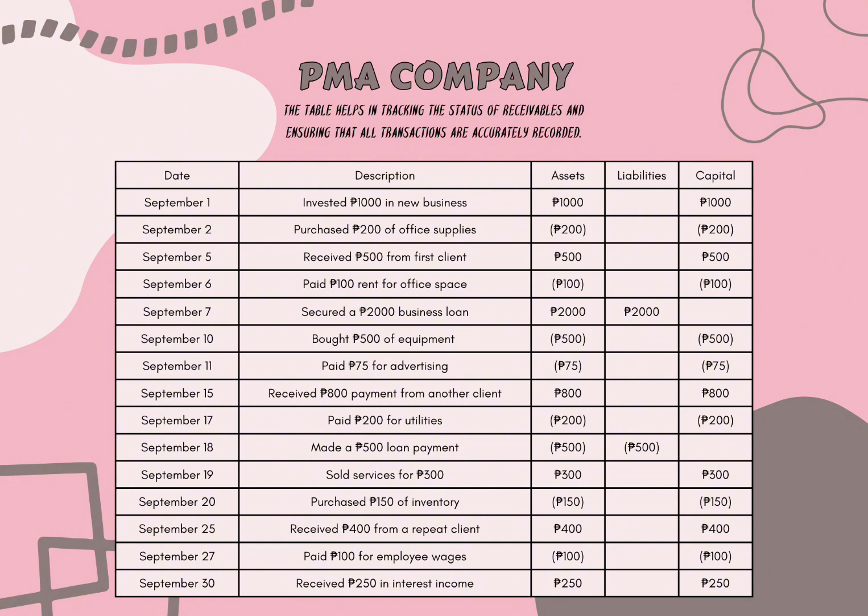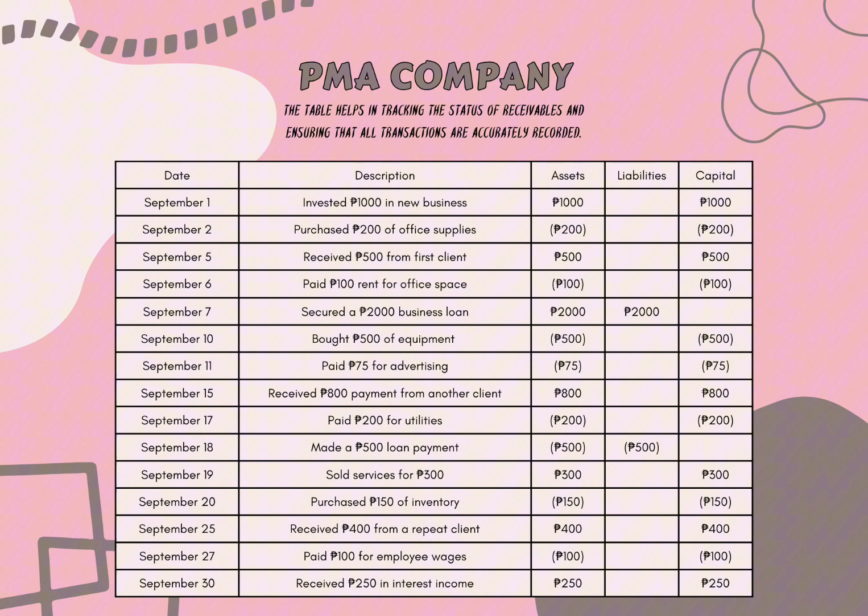On September 18, a 500 peso loan payment decreased both assets and liabilities by 500, leaving capital unchanged. As we can see, on September 19, earning 300 pesos from services increased both assets and capital by 300 pesos. On September 20, the company purchasing 150 pesos of inventory decreases the assets and also the capital by 150 pesos. By September 25,